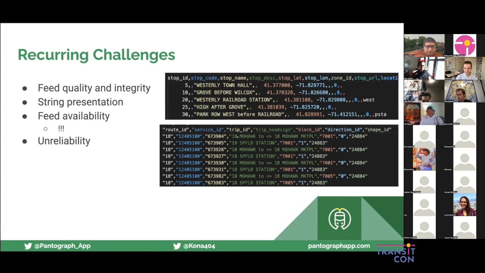This one should just say Mohawk to Mohawk Marketplace. See the earlier conversation on head signs for vehicles, but they've included the route name in there. This is Route 18, and it looks like this is some sort of copy paste from the software they're using to manage the actual head signs on the buses. So we end up with a symbol in here that's not actually useful to a rider. What this would read as presented is the Route 18 Mohawk to bracket 18 Mohawk Marketplace, which is, again,